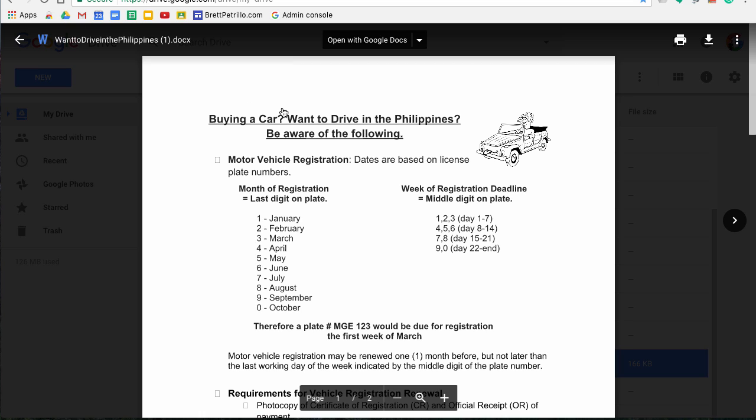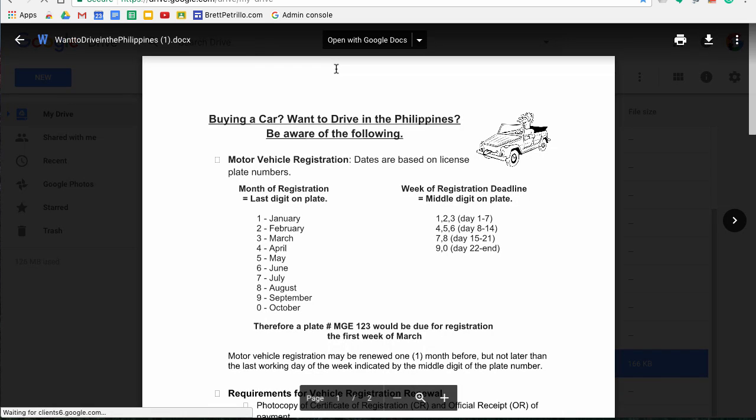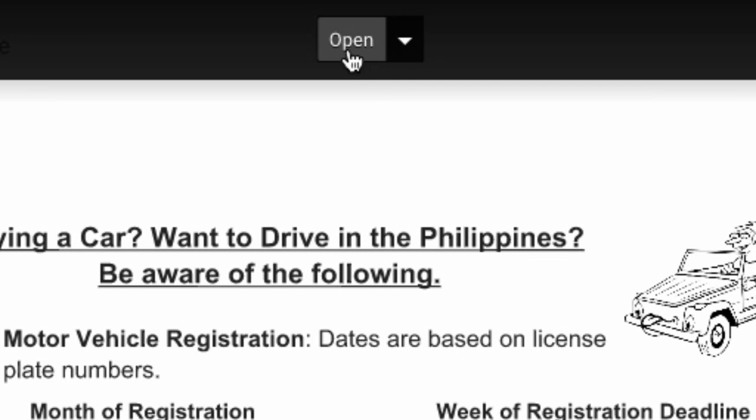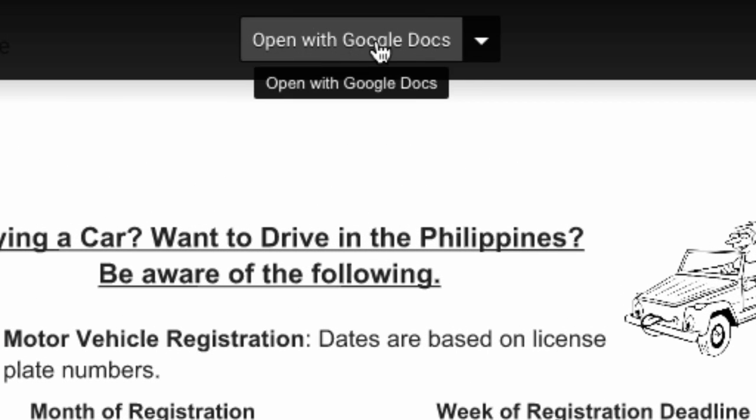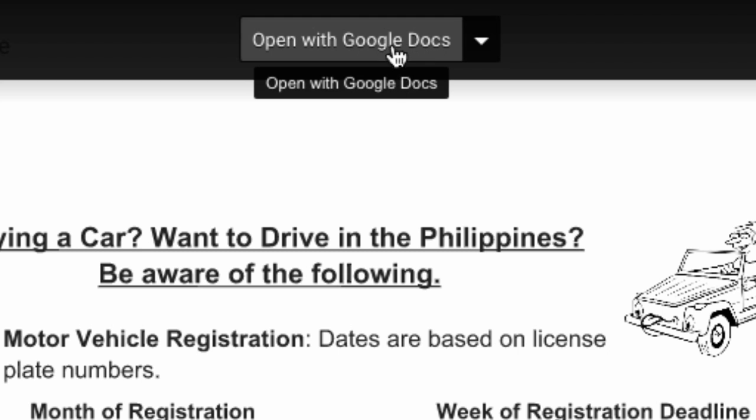Where the problem comes up is when we are looking to edit the documents, or having people work on it at the same time. So I have a couple options here. Again, if I double click on it, this window pops up, and up here it says open, and 2 seconds ago it says open with Google Docs. Now that is what I'm going to do. I open this Word document with Google Docs, I click right there,